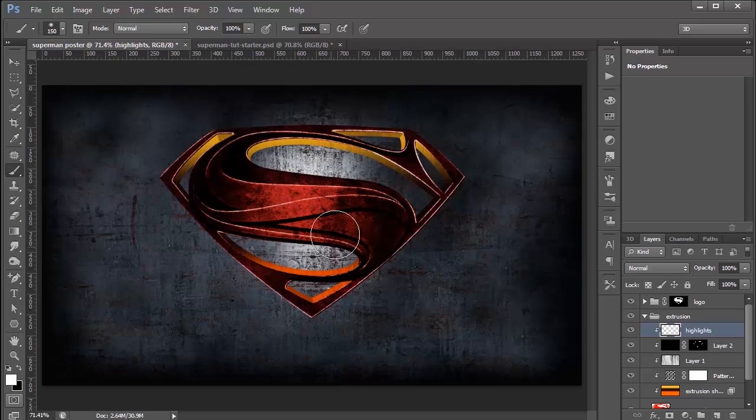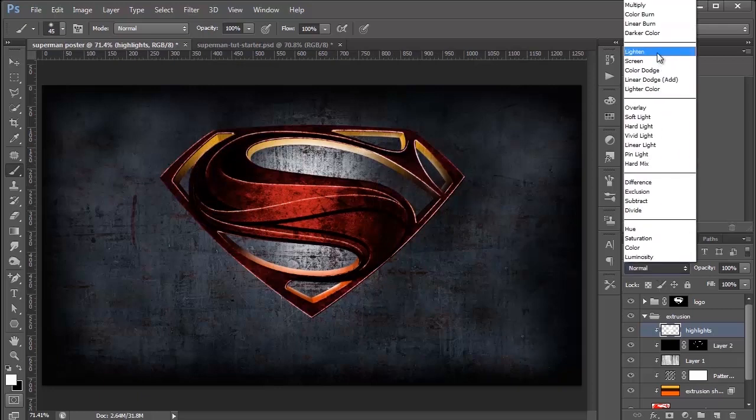So I already know there's going to be a light behind this text. So the light's probably coming from the top somewhere. It's reflecting off the steel in the background and coming and hitting my logo. So there'll probably be some light here, maybe some here, maybe some here as well. Something like that. Then I'll set my layer to overlay